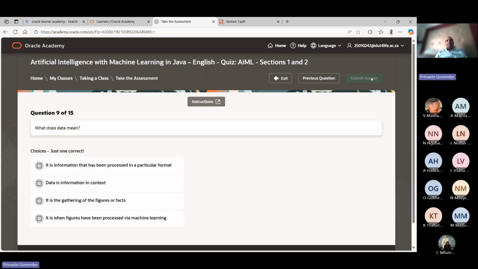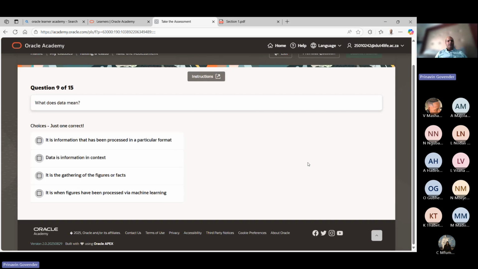What does data mean? This is a simple question. You did this in other courses as well. It says choose just one correct answer. It is information that has been processed in a particular format. No, that's not data. Data is information in context. Not really. Or it is the gathering of facts or figures. This looks like it could be an answer. It is when figures have been processed via machine learning. No, figures have been processed. If you process something, it's no longer data. Right? So I think the answer there is,